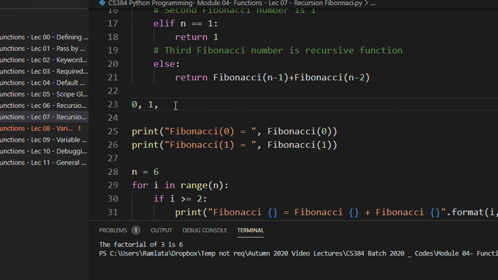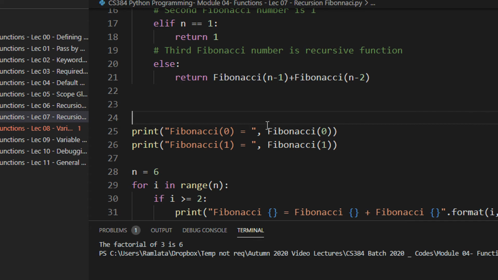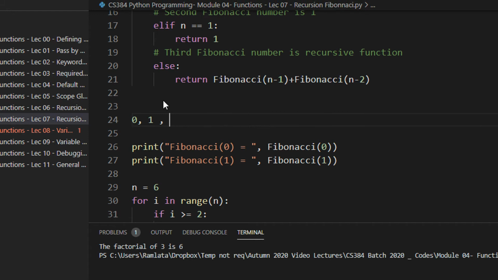This time we will see what is Fibonacci series and how you can design the Fibonacci using recursion. As seen in the last lecture, recursion is basically the way by which a function calls itself to get a desired result. So let us see what a Fibonacci series is. Initially we define the first two terms of Fibonacci as 0 and 1. The third term is the summation of the first two terms.